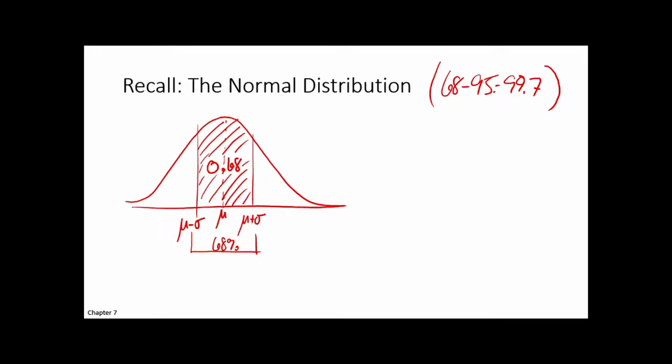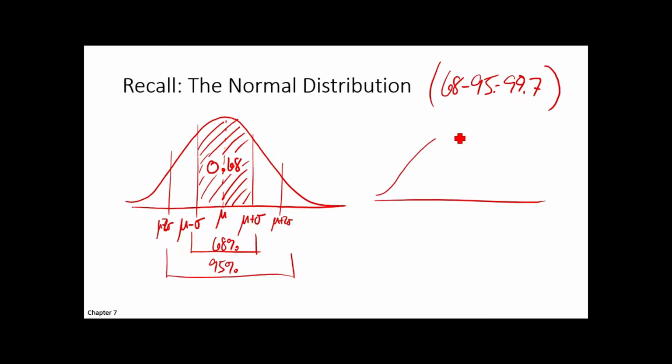Okay. And if you went out another one, you go out 2 standard deviations. What was true? That's where you covered 95%, right? So if you were to go out 2 standard deviations, at that point you will have covered 95%, and the area under that curve would be 0.95. Okay? So the areas are equal to probabilities or percentages under these curves. And this is true typically for any normal distribution. All right, so we kind of dealt with that.